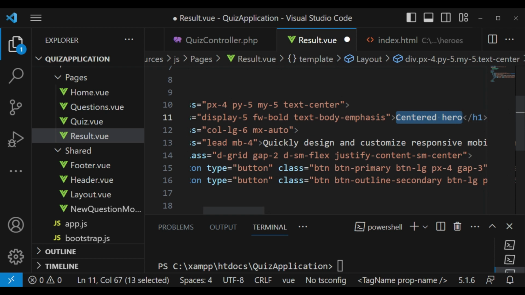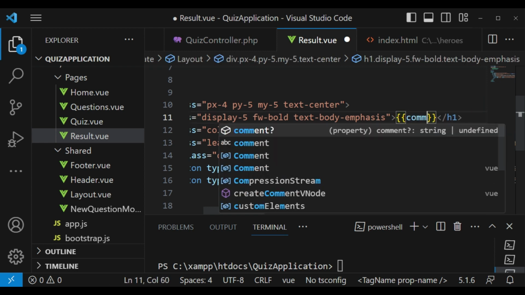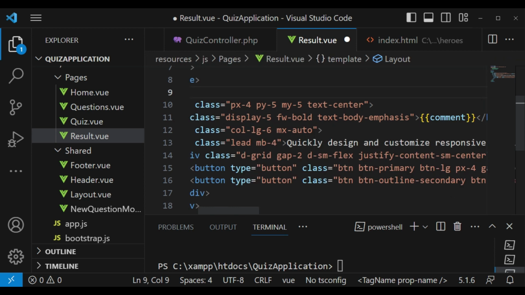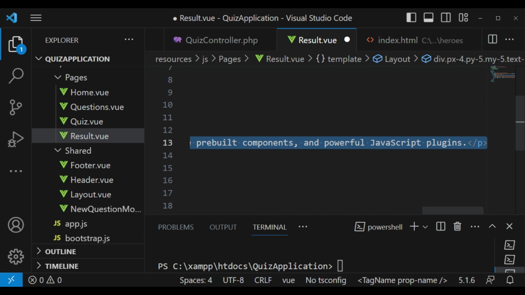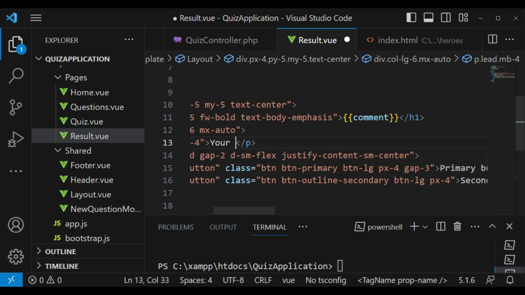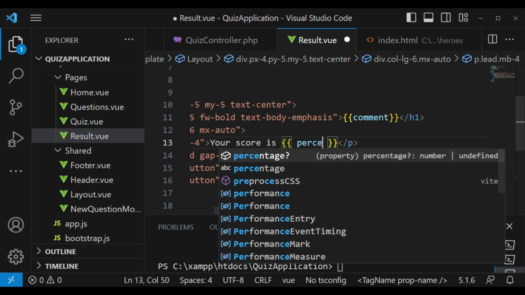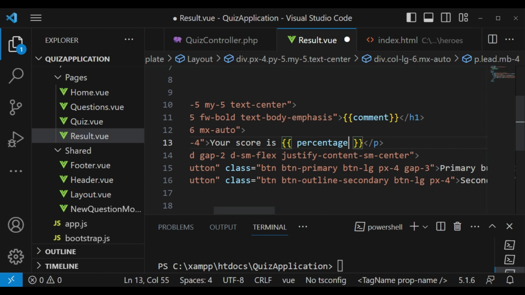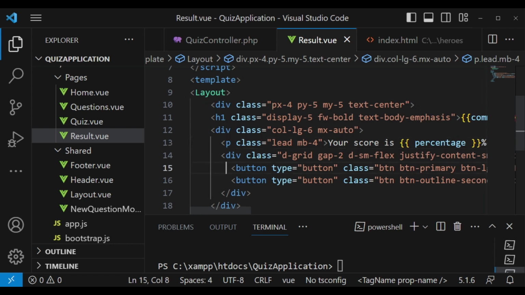And here I'm going to have the comment, so we'll just say comment, and then inside here we can be able to have the percentage, so we can say your score is, and we can be able to just pass in the percentage like that, and maybe outside here we can be able to just put the percentage sign to just hard code it like that. And so the buttons not necessary,